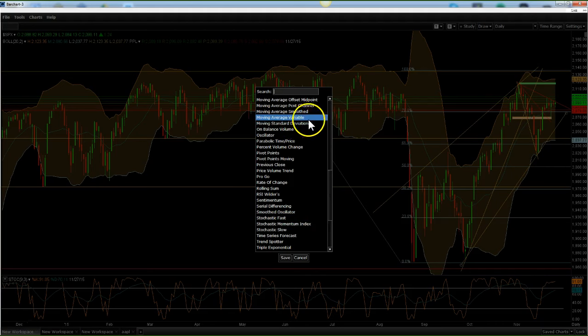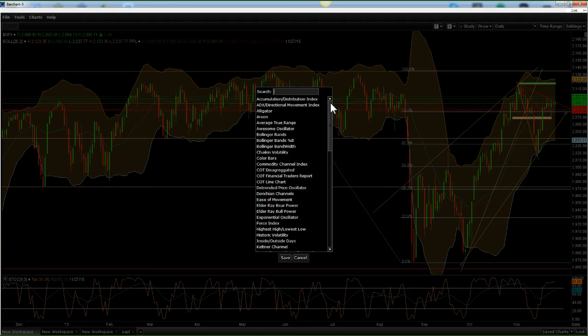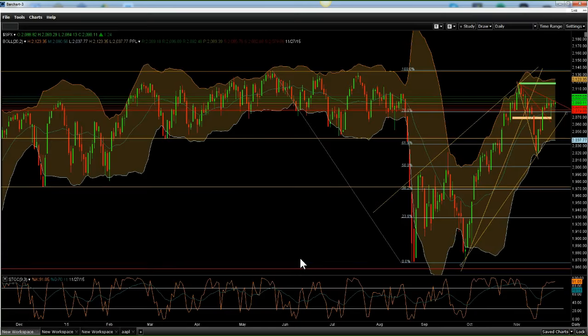Sometimes I put the moving averages, but to me, when these algos and HFTs are moving during the day, they don't really care about the moving averages. What I'm really looking at is what they're moving on. But you can put them on, and I do in many cases. What they're looking on is an alligator. I have no idea what that is. The ADX Directional Movement Index, another terrific indicator to follow. The ATR, another good one. So all of them, you can put in there, but you don't want to clutter your charts too much that you can't see anything, right? So I like to keep it simple for the purpose of this particular session and in general.